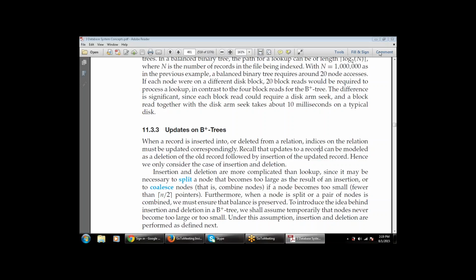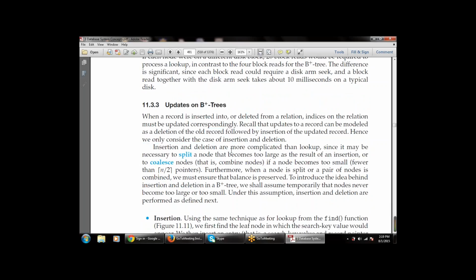So there will be updates on the B plus tree. When data is inserted into or deleted from a relation, indices on the relation must be updated correspondingly. So whenever any record is inserted or deleted from the relation, the indices on the relation must be updated automatically. Insertion and deletion are more complicated than lookup,